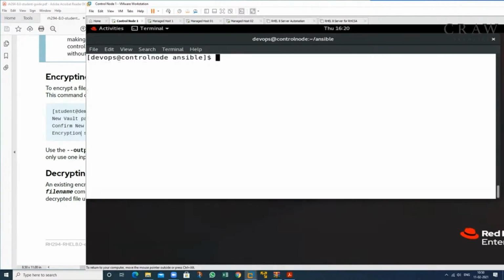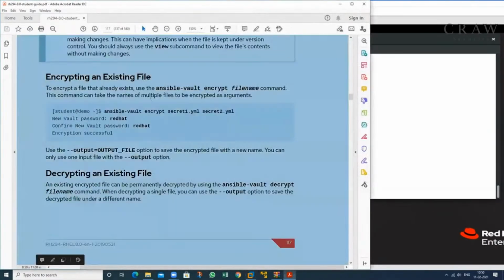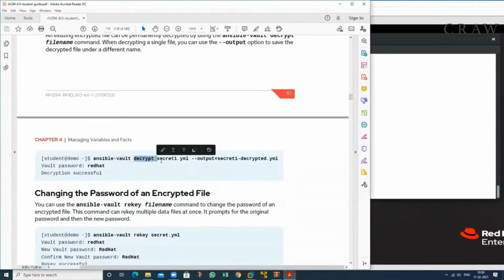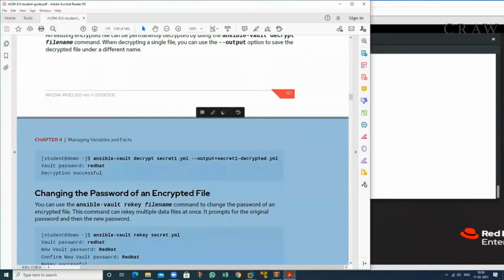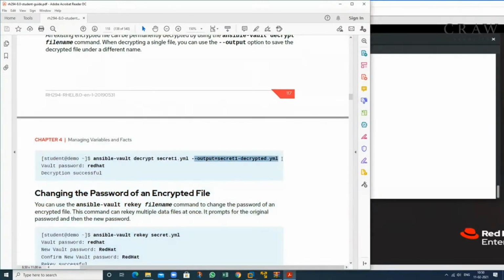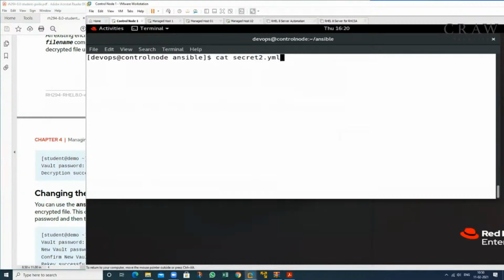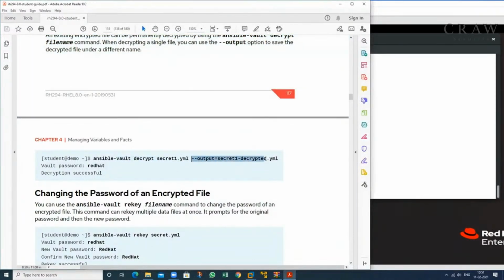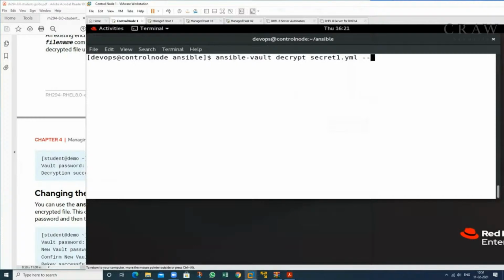Then what is the concept? If I want to decrypt this one, what is the command? Decrypt. I want to decrypt this particular file, but I want to place my data in this new file. Then what is the command? The file name is this one. I want to decrypt this file, but place my data in another file. So just type hyphen output, then type the name of the particular file. Just type here hyphen output,